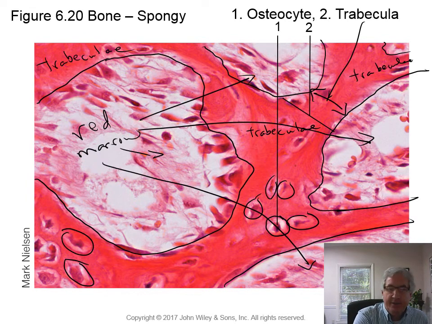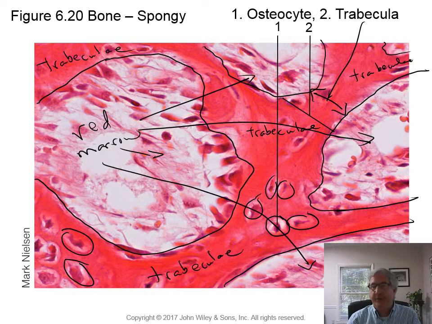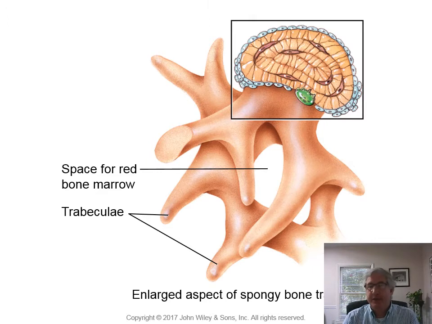Okay, and this is trabeculae here. Just so you know what you're looking at here. So this is spongy bone. Okay, it has spaces between the trabecula or trabeculae. Next slide. Okay, just another diagram of spongy bone showing the space for the red blood marrow